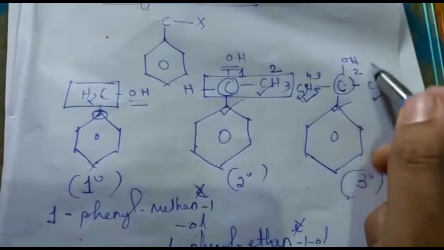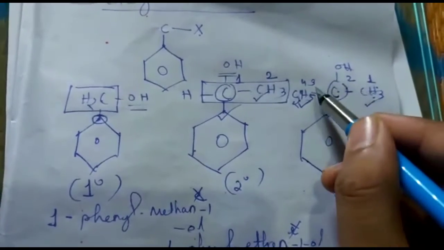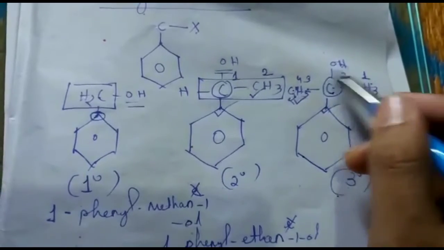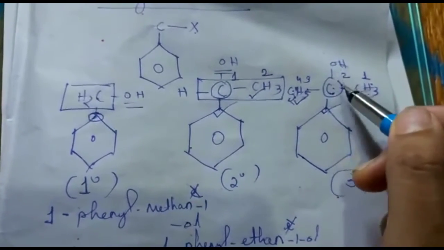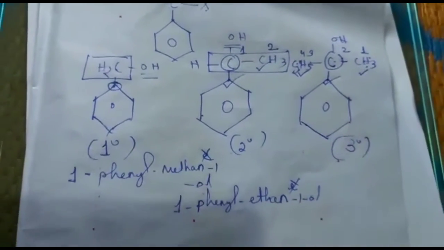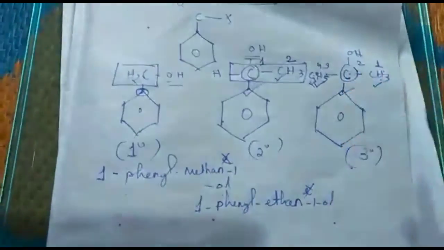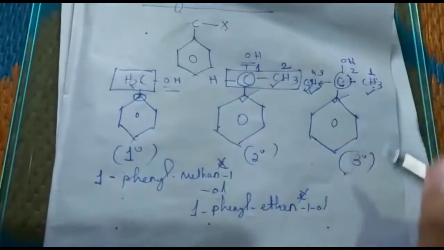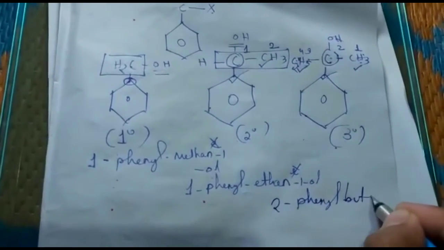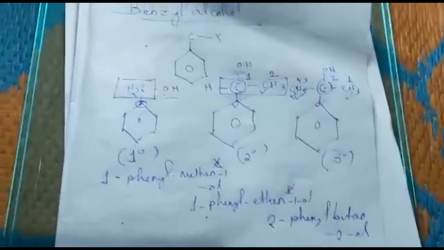Then alcohol is getting 3 number. If you start from this side, then 1, 2, 3 and 4. Here C2 is present, 2 carbons. So in this position alcohol is getting the lowest locant number, that is 2. Therefore we have to take from this side only. So what is the IUPAC name now? See, in the second position benzene ring is also present. In the second position alcohol is also present. So 2-phenyl butane-2-ol. Okay, so this is about the benzyl group.